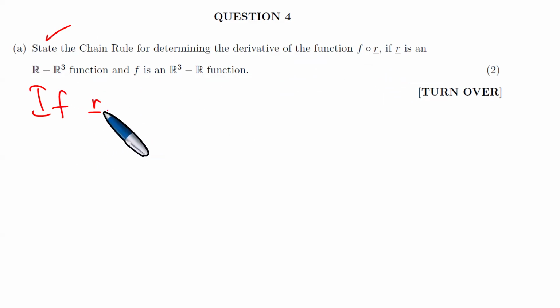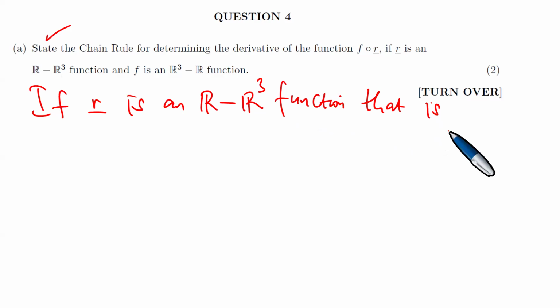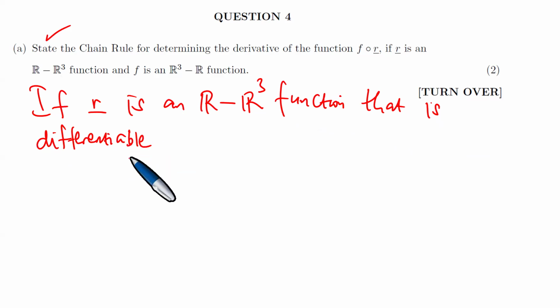If vector r is an R to R3 function that is differentiable